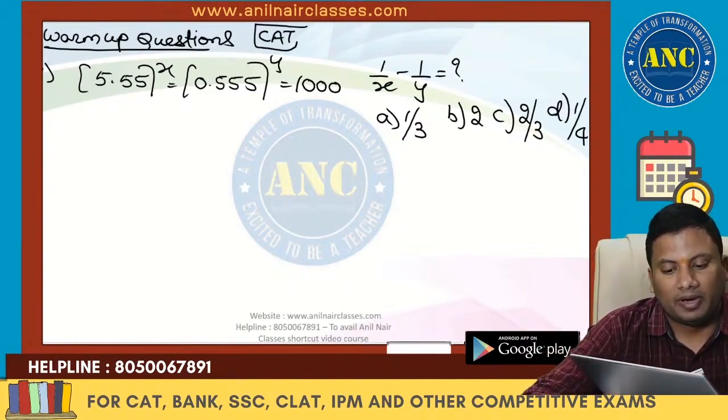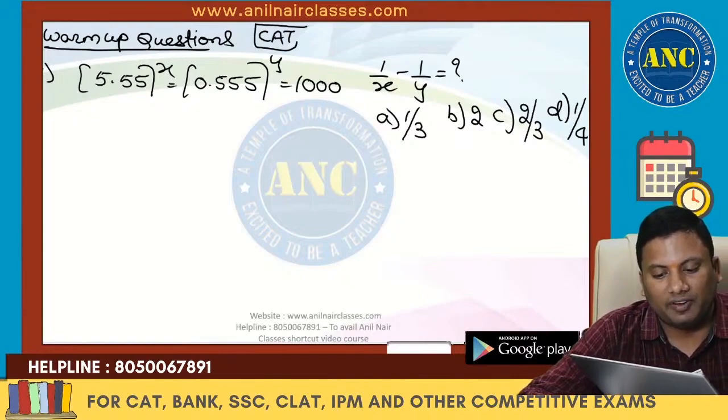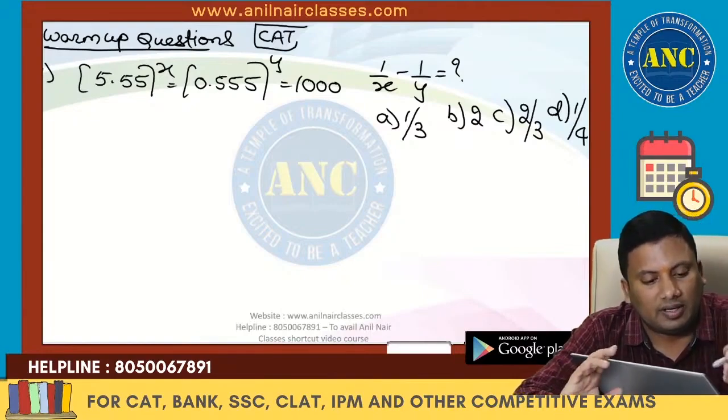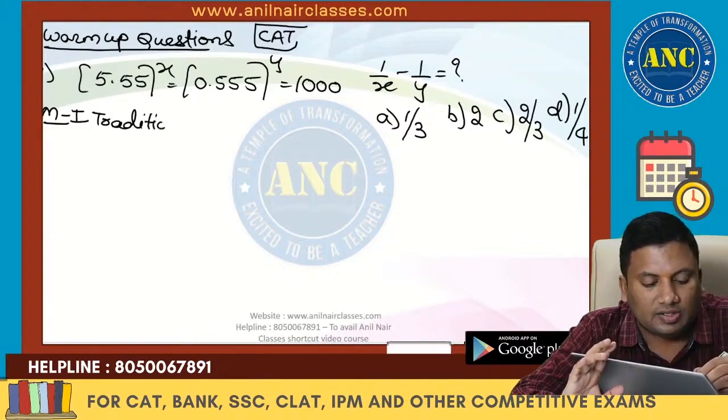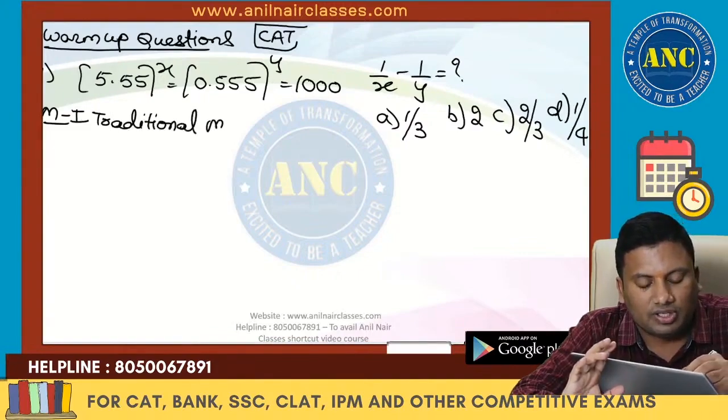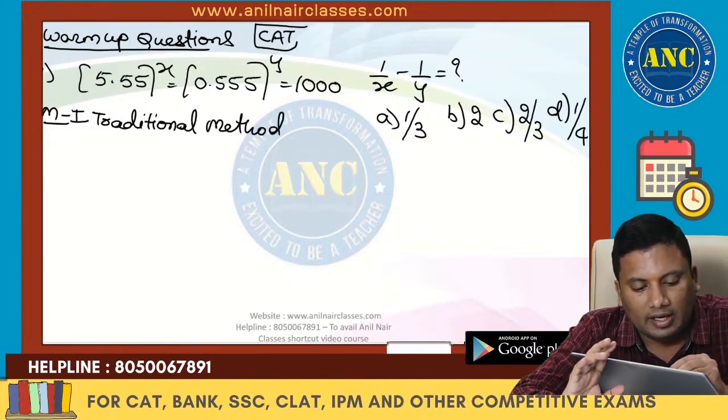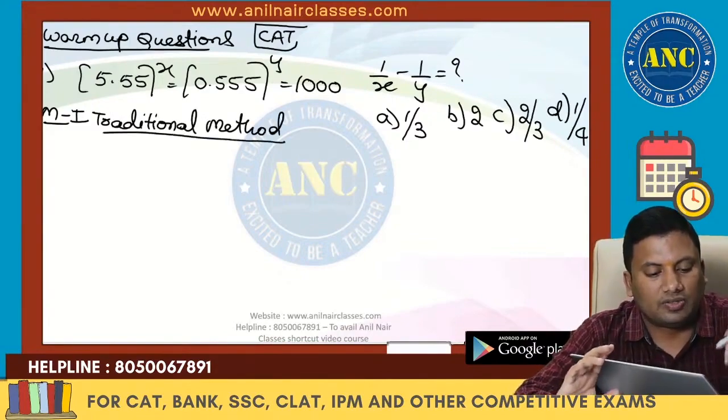5.55 power x equivalent to 0.555 power y equivalent to 1000. First we will see how the students will solve it, the traditional method. Then I will discuss Anil Nair's way of solving the question, which can be solved in seconds. How students will solve it is